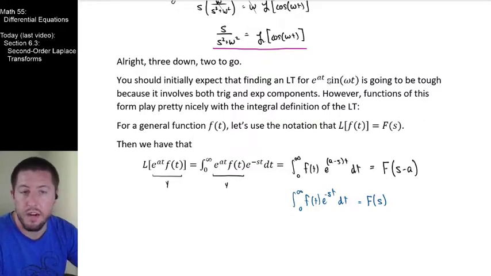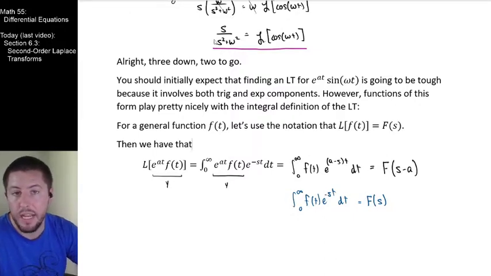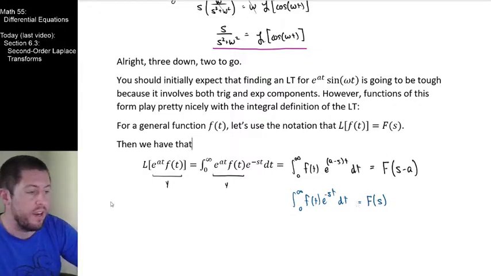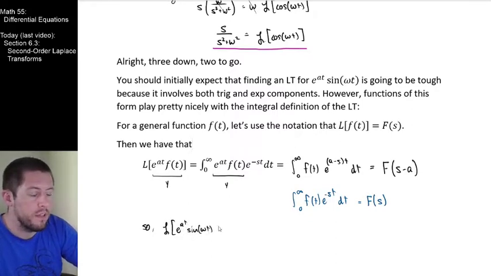So the important thing to see here is that even though we haven't very specifically gotten the Laplace transform for this function right here, what we're recognizing is that it should only differ from the Laplace transform of just sine of omega t by a horizontal shift. This is like us doing the Laplace transform of sine of omega t and getting out something that looks like this. I guess that's for cosine. We're recognizing that if we were to then attach the e to the at term to that as well and do the Laplace transform, it's just going to be a shifted version of whatever we got from just sine or cosine right here. So the Laplace transform of e to the at sine of omega t